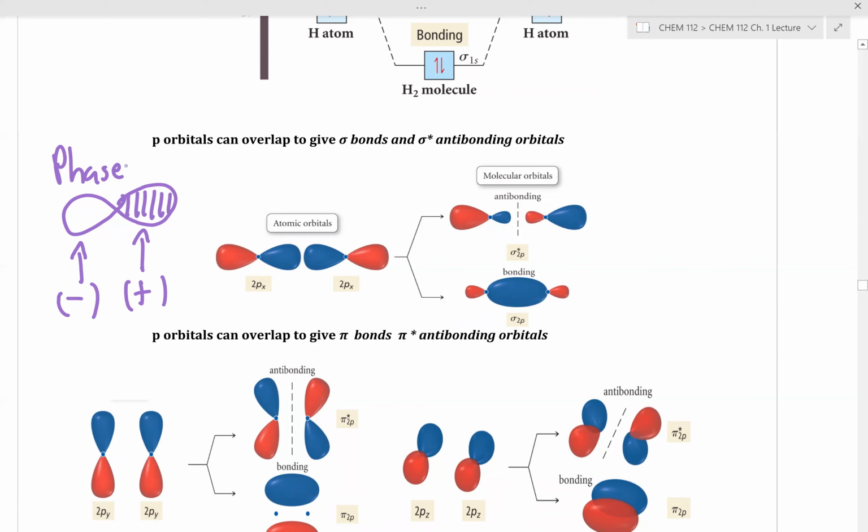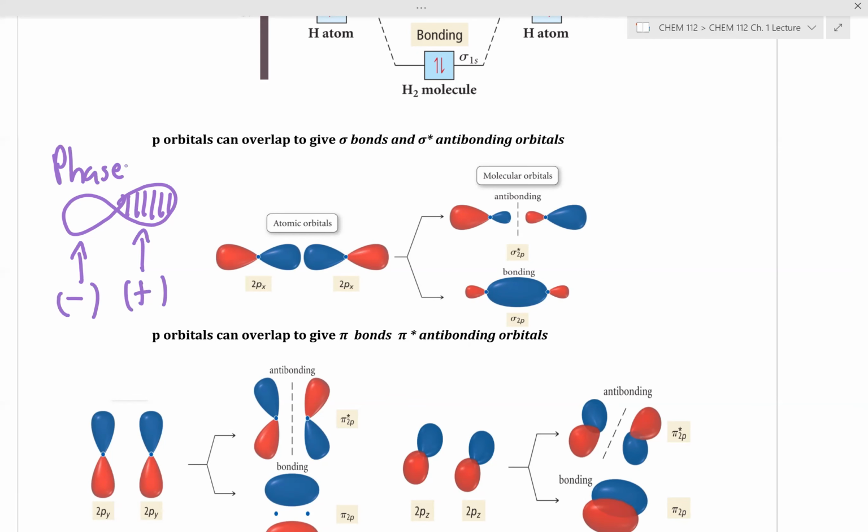I'm not describing charge here. This is describing in our wave function whether it's positively or negatively phased. And the only thing that phase does is influence how our orbitals interact when they overlap, whether we see constructive bonding interactions or destructive